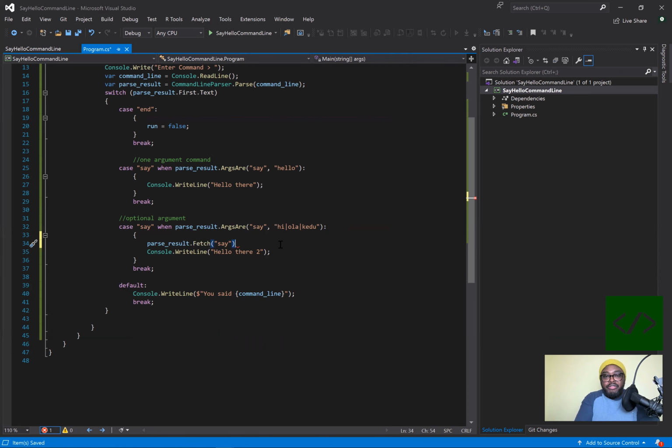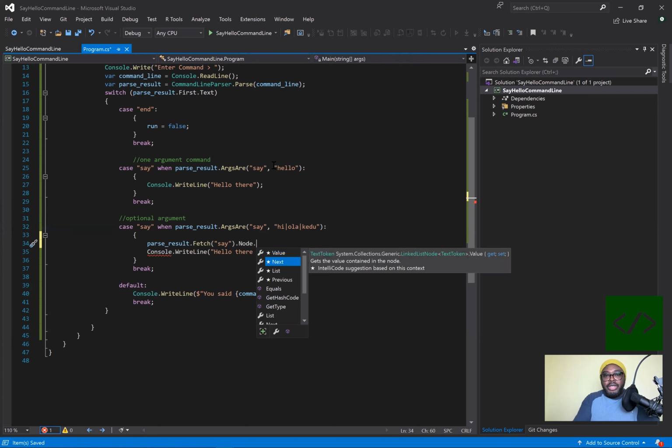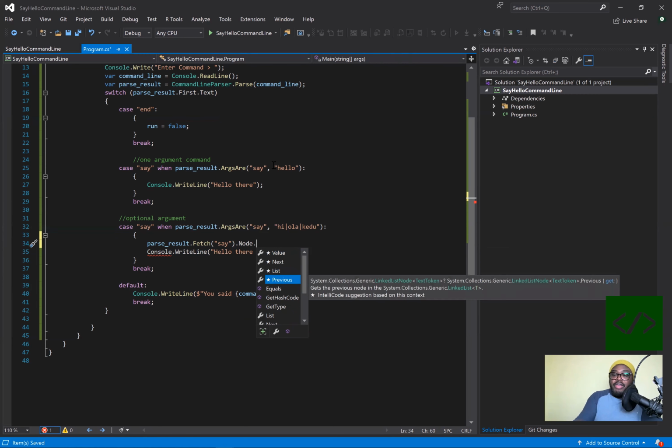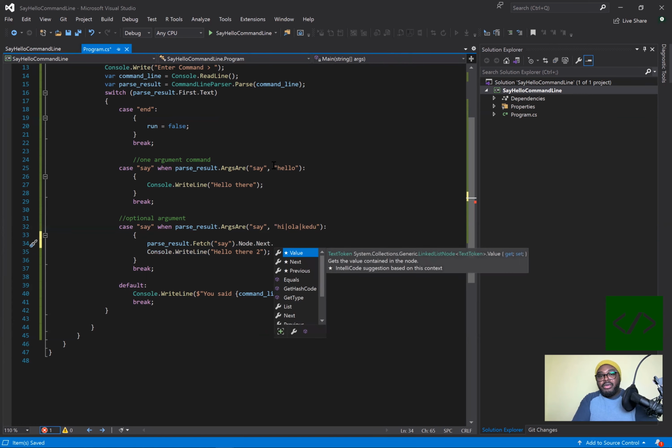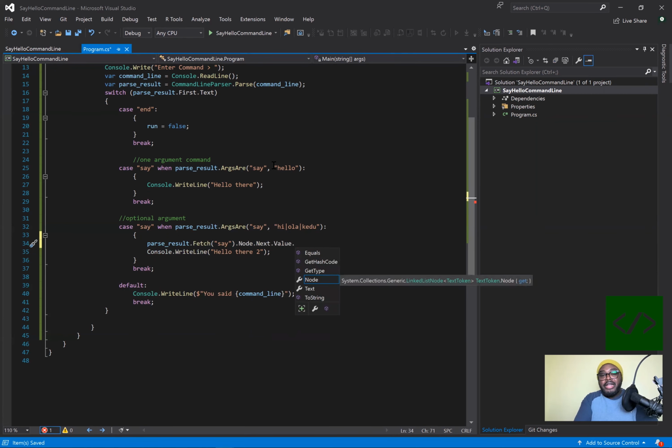So we go say, so we're fetching say, and then we now go to the node, right? Because all these parameters are in something called a linked list. So basically, this is the node of the linked list that we're getting into. And then from that node, we now move to the next value. We could also move to the previous value. In this case, there will be no previous value. So if we tried that, it would fail. So we go to the next value. And now on that next value, we can actually retrieve the value. So we go down to value. And then from here, we can actually get the text of that value. Okay. So var